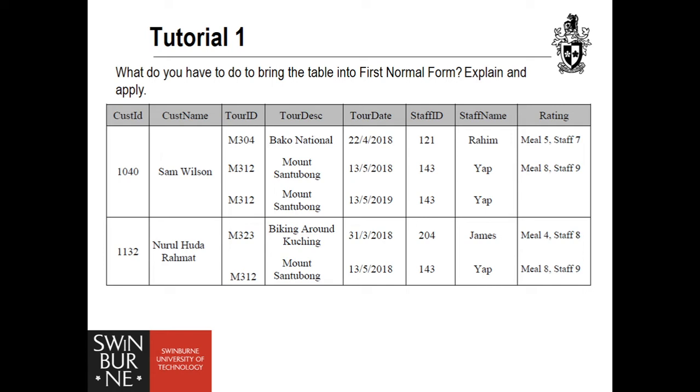Okay, if we go back to the previous slide, we can see first normal form is all about how to remove the repeating group. So here, what we can see, the repeating groups are the tour ID and staff ID. Actually, in practice, it's not proper to put 2 data in a single attribute. We can do that, but it's not proper because when you do programming,